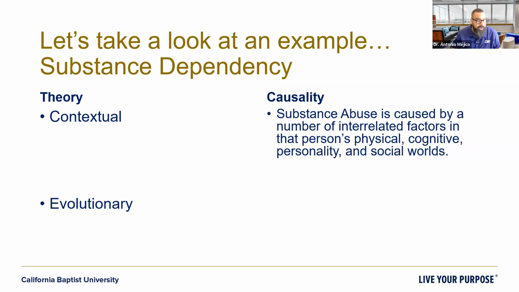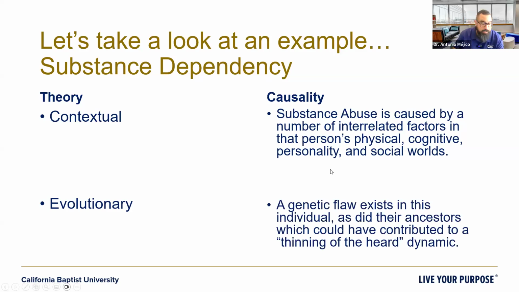Okay. So there's that. Now, finally, our evolutionary theorists, remember, this is the notion of survival of the fittest, right? They may believe that simply a person is addicted to substances because there's a genetic flaw that exists in that individual or in their family history, which is contributing to a thinning of the herd dynamic. It's a cold way of looking at the world, of saying, look, this person was born inherently flawed and prone to addiction. And as a result, they're going to be an addict. And so they just make bad choices because that's who they are at that cellular level. And again, I'm not saying I agree with all of these mindsets. I'm simply explaining them through the eyes of our theorists.